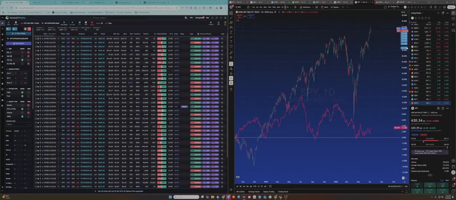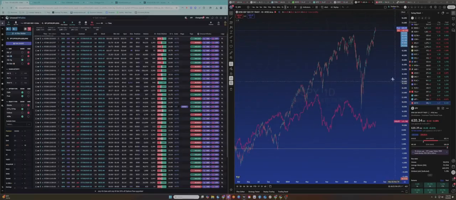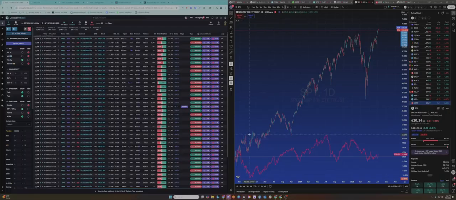And so as you can see here, there is an almost direct correlation with a little bit of lag, and that starts to change. So we saw that dip back in August right here, and that was a sharp sell-off of the yen, traced almost exactly, increasing here.